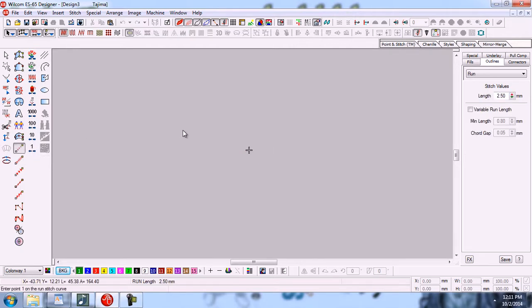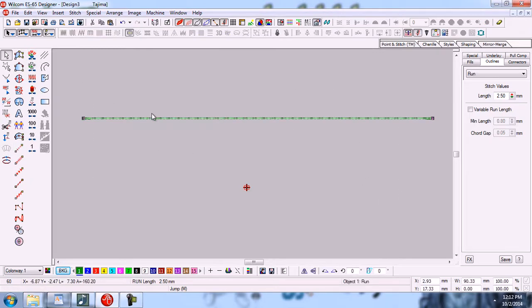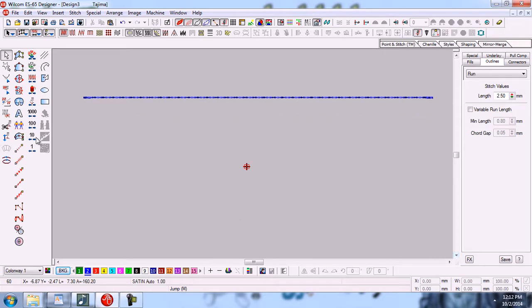Click on the single run button and click left, then for a straight line press and hold the Ctrl button, and click left again. Now press Enter. Zoom in on the separate object, so you can see that its effect is like this. This is a simple run. We can change its color like this. So this is the effect of single run. We can also make them in any other type of selection like this.